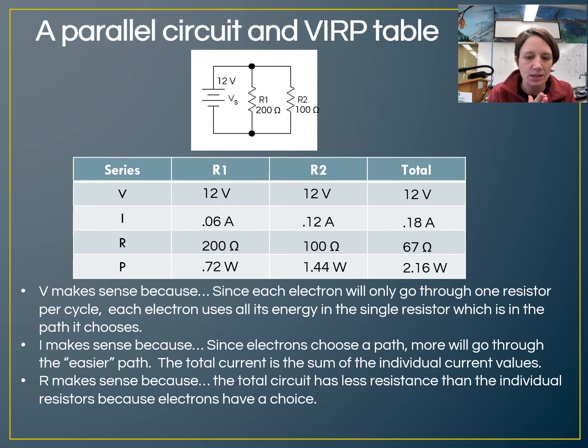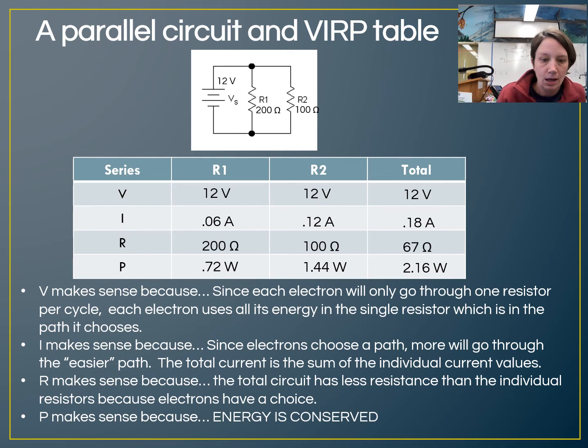If you think about the resistivity equation, it's like taking two wires with different diameters and putting them together into a single slightly bigger wire. That wire is going to have less resistance than either of the original wires because there's more area for those electrons to flow through. And the last one is power, and I always do this last because I know I've